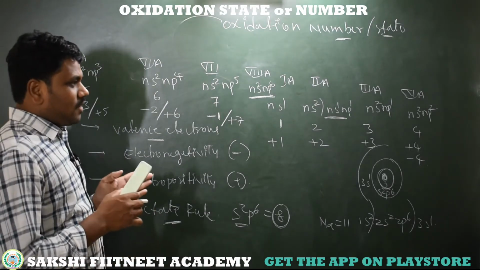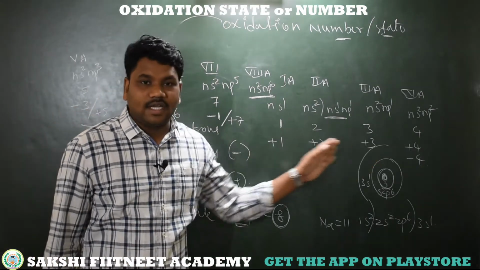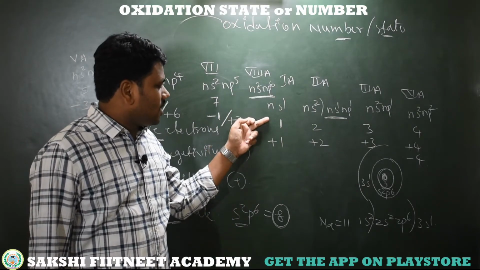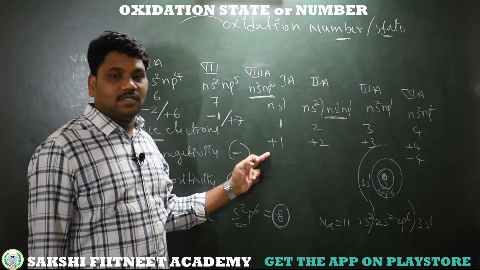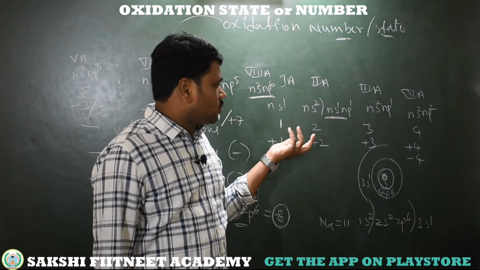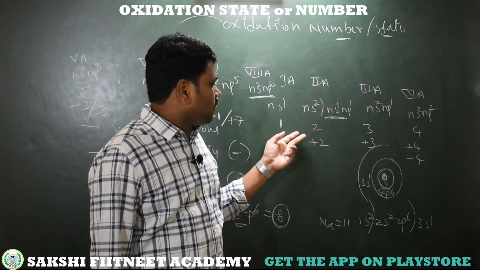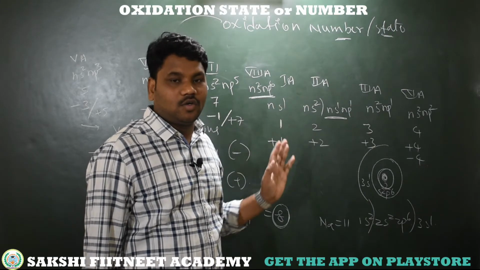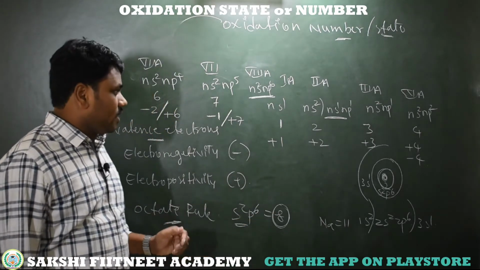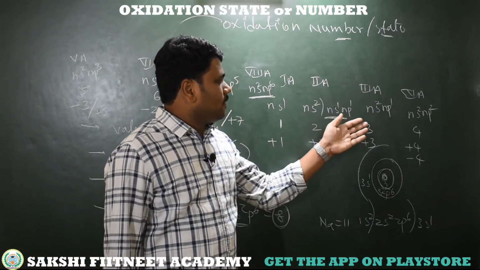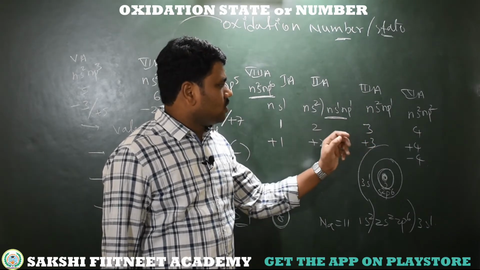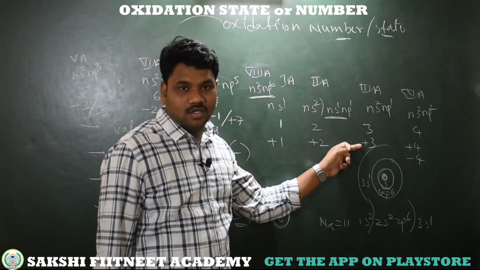So for s block and p block elements, these are the oxidation states which are fixed. See here, first group elements, due to having 1 valence electron, are more electropositive and exhibit a +1 oxidation state. Second group elements, the alkaline earth metals, are more electropositive due to having 2 valence electrons, and on donating the 2 electrons they get stability with an inner octet configuration. Now third A, with metals and metalloids, based on the compound form they can exhibit up to a +3 oxidation state.